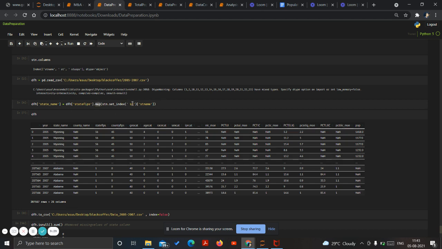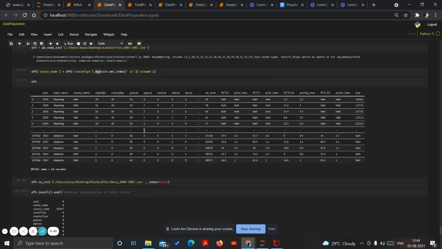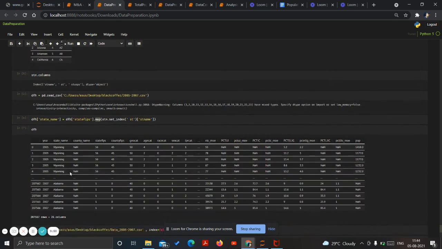The first data set contained the columns state name, county name, state code and county code. Based on the main dataset and this one, we combined the two datasets and solved the missing values for state name. Likewise, we needed to solve the missing values for county name by combining the two data sets. That was one of the tasks involved.